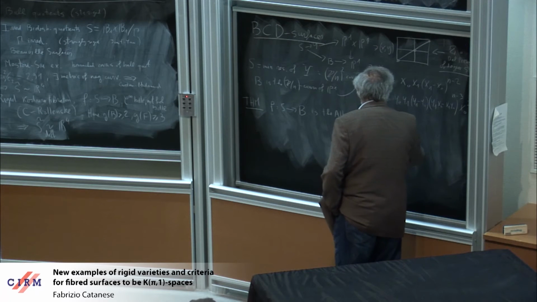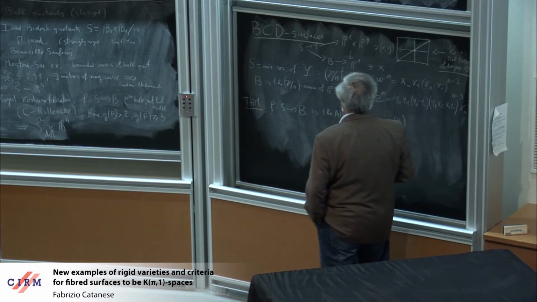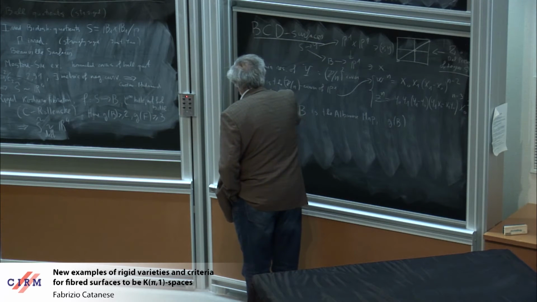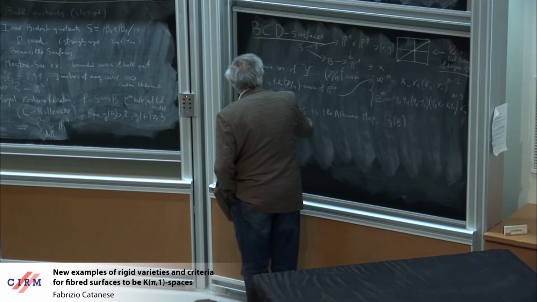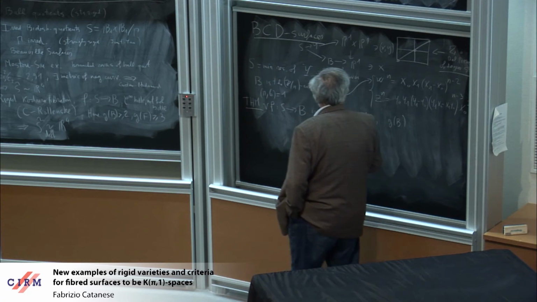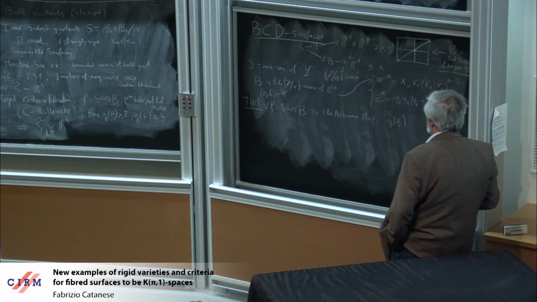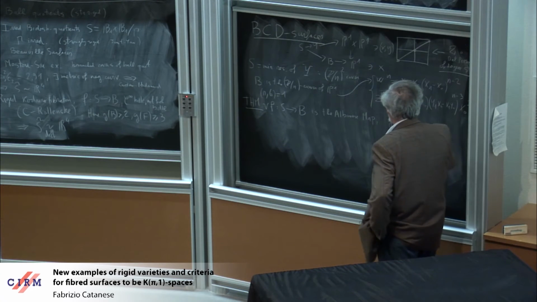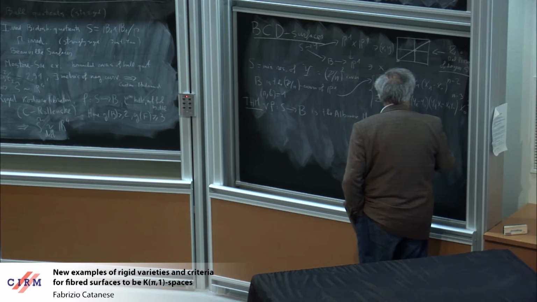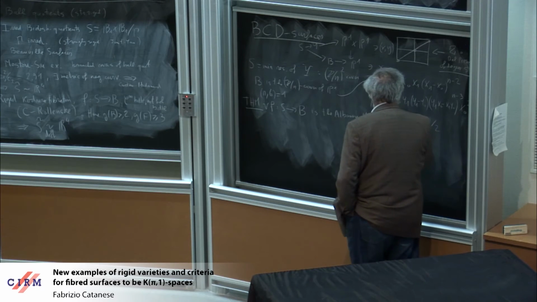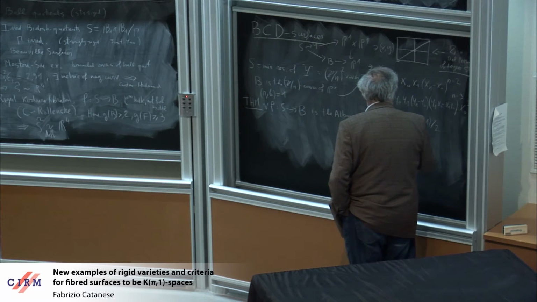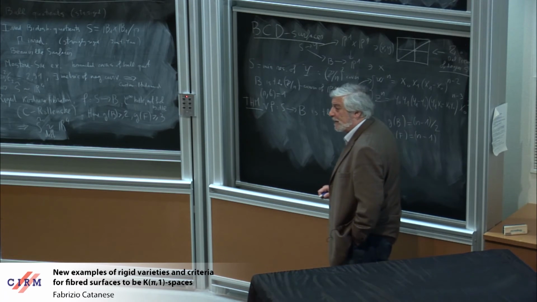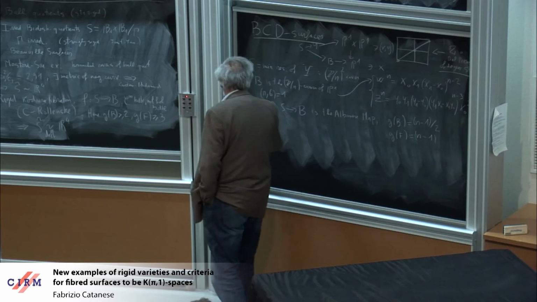The genus of B, I have to take n not divisible by 2 or 3 in order to get the smoothness of the surface. The genus of B is (n minus 1) over 2. The genus of the fiber is equal to n minus 1, and there are only 3 singular fibers,